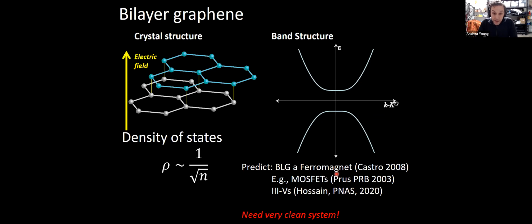A key element here is that all of this is predicated on having a very clean system where you can control, where in fact these calculations of the density of states are not broadened by disorder. Disorder in general, if you have a very high density of states, will serve to spread that out by changing the energy of states at different positions in your system. You'd like to avoid that. So that's sort of a sine qua non of exploring this physics.